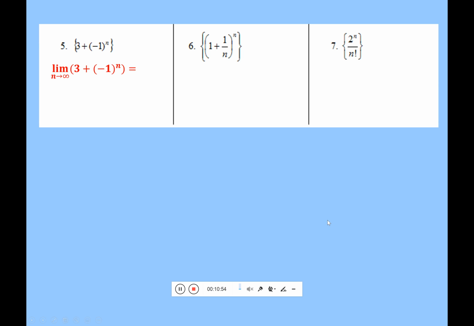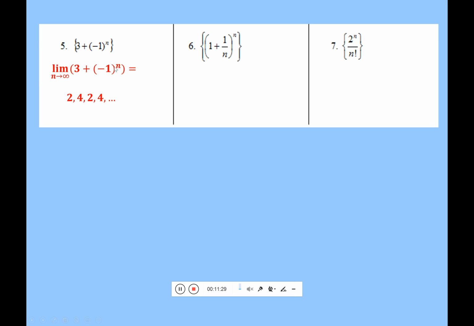Take the limit. Now, this is not horizontal asymptote rules. If I substitute, I get 3 plus, and here's the thing, negative 1 to the infinity is not infinity, right? Negative 1 to any power is either going to be 1 or negative 1, isn't it? Depending on if that exponent is even or odd. So why don't we list out some of the terms? Think about it. If n equals, what do we want to start with? If n equals 1,